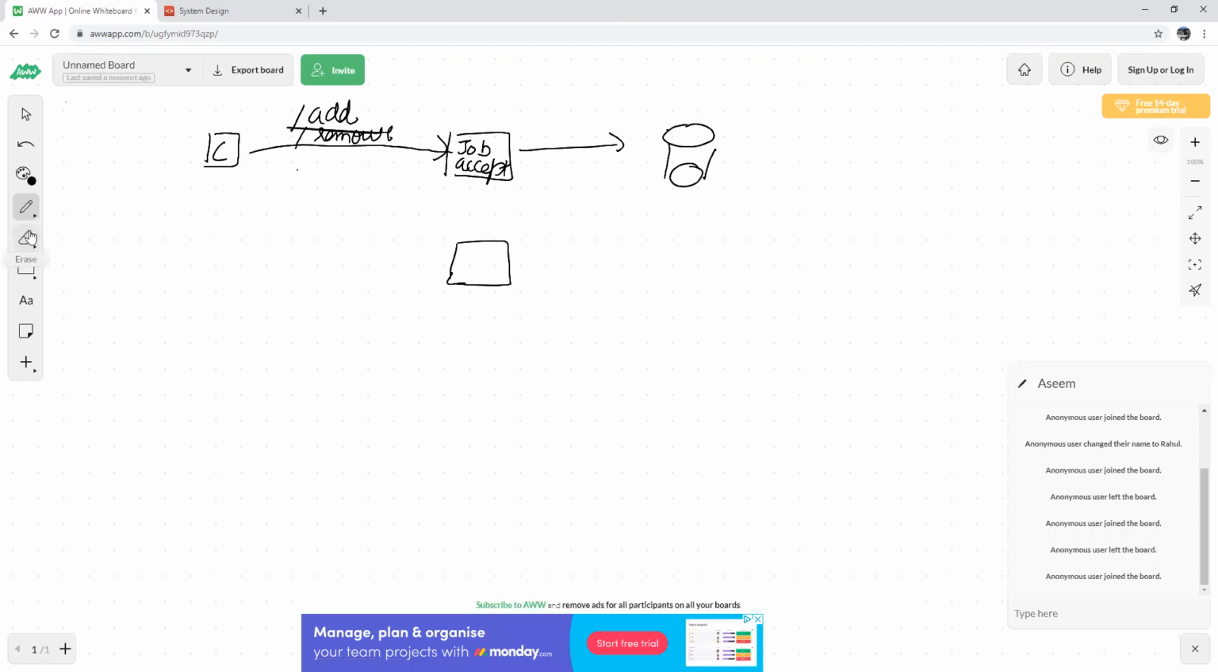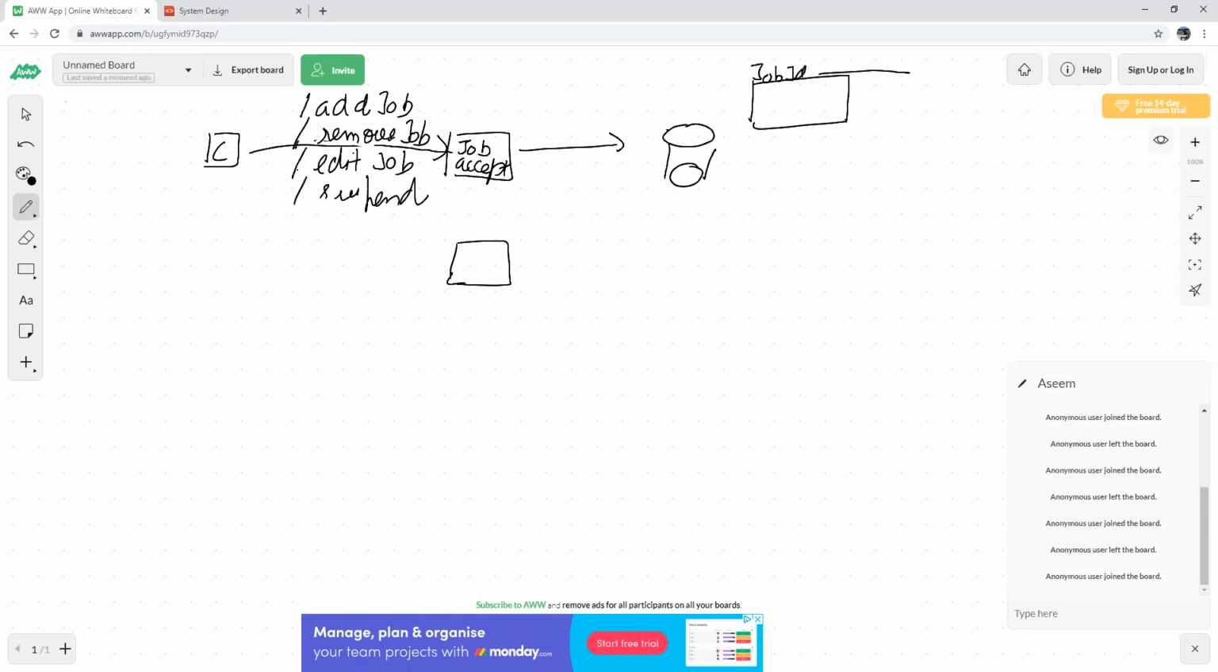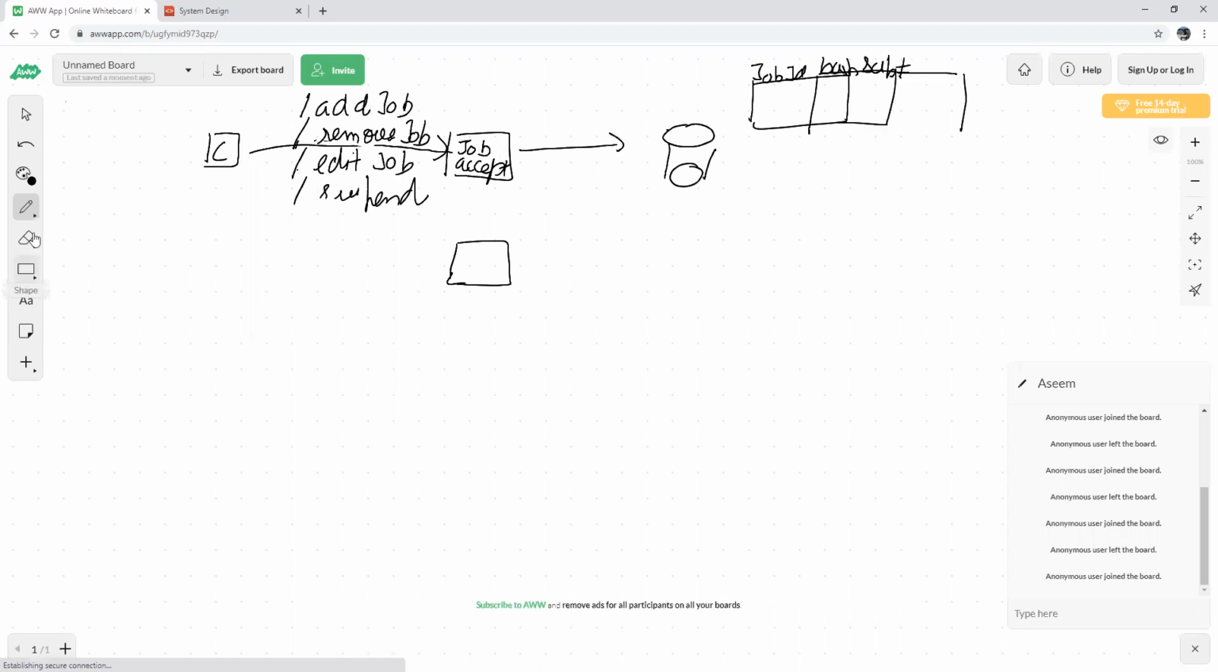Yeah, this sounds like an admin system. So here I could expose different endpoints like add job or remove job, or edit job, or suspend job. And behind the scenes, I would maintain different jobs in a schema where I'll have a job ID, followed by whatever we call a bash script, and followed by